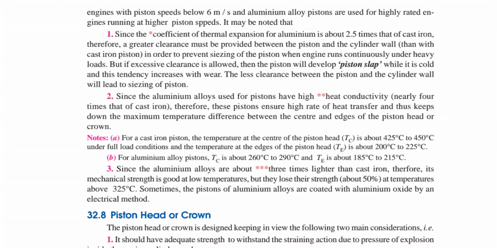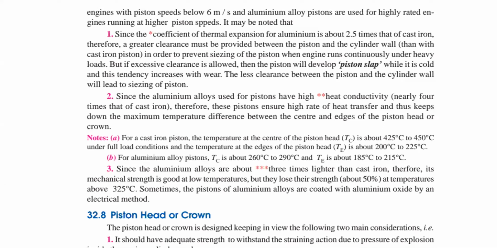The design procedure is simply only 4 steps, with direct equations, and based on those direct equations you can solve the problem. But usage of the data book is very important in this piston problem. In the examination, you may have either the piston design procedure or the connecting rod. These two are very important.